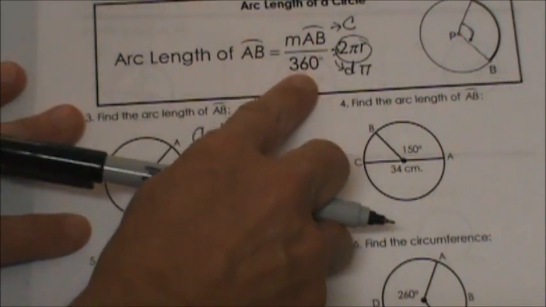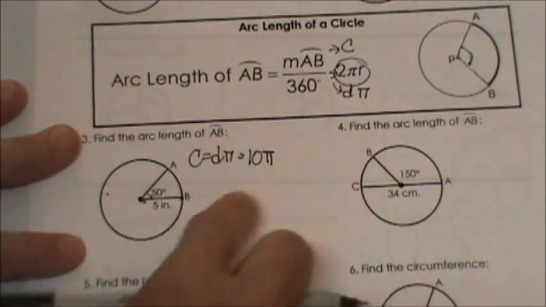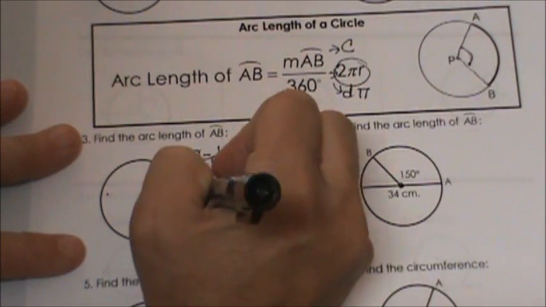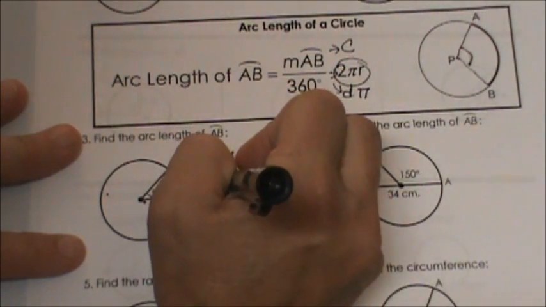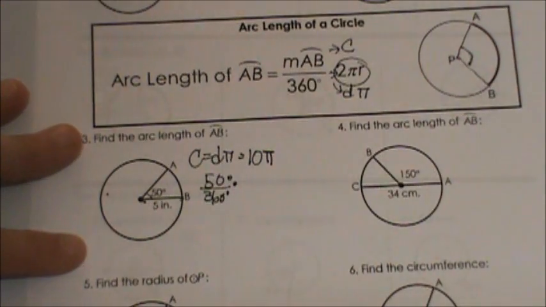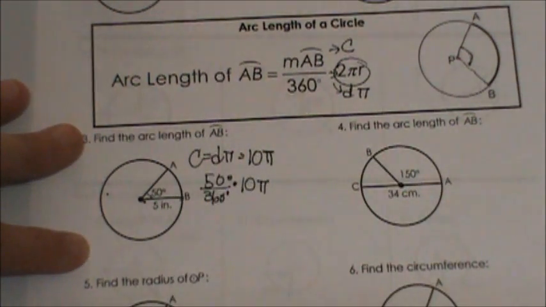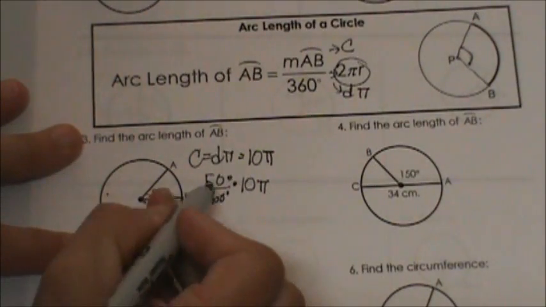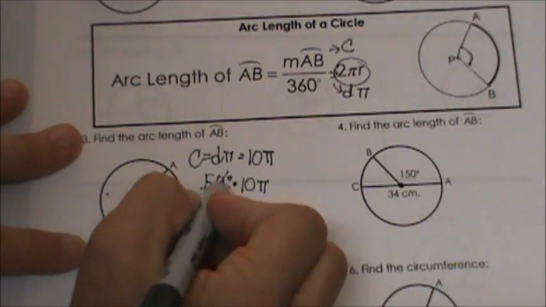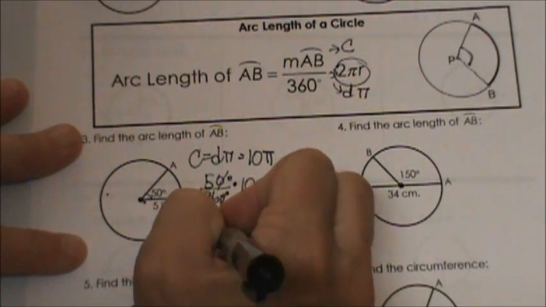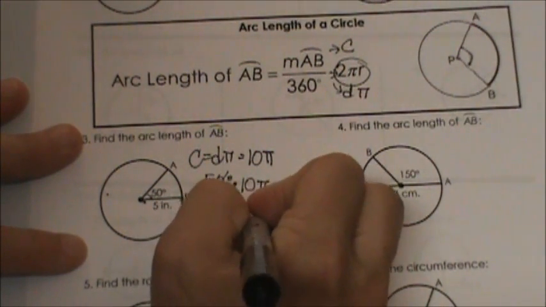Okay, that's where this fraction comes in. Well, I only have 50 degrees out of 360 degrees. So you're going to take 50 over 360 times d pi, or 10 pi. So let's simplify that. Both of them have zeros, so I can divide by 10 and just cancel the zeros out. So 5 over 36 times 10 pi,